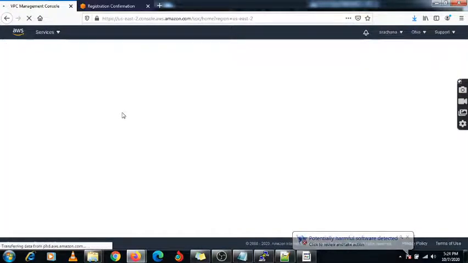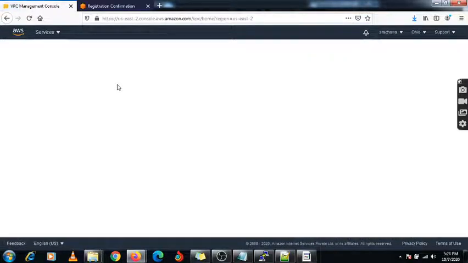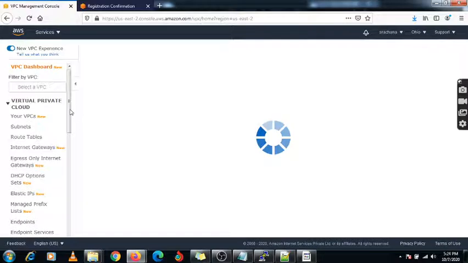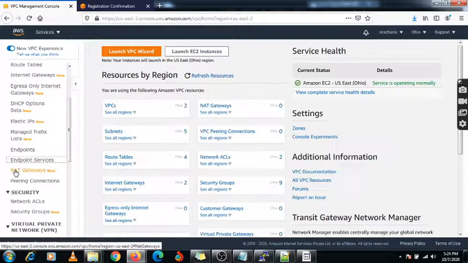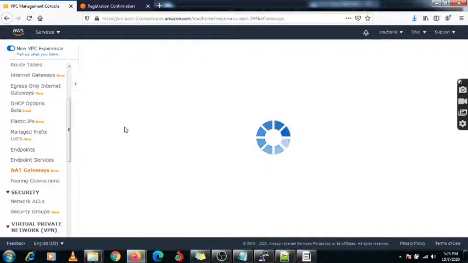So we need to go under this VPC, and under this VPC we will get the option of NAT gateway. So here is the option, that is the NAT gateway. You just need to click on NAT gateway.